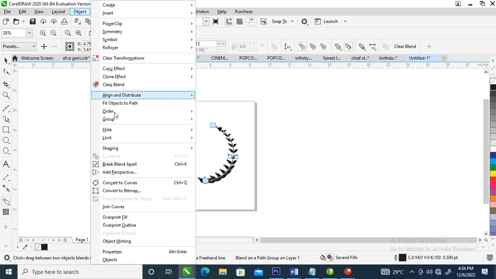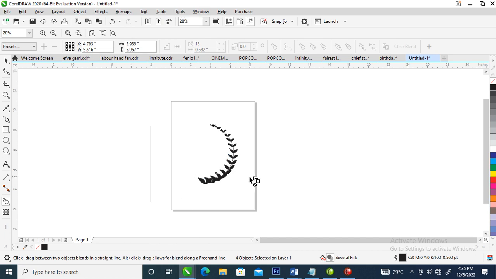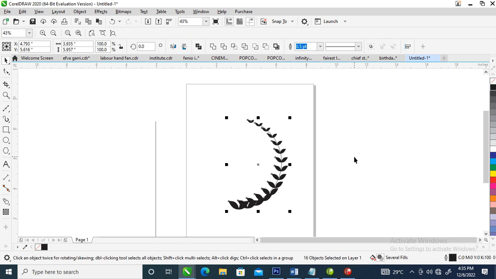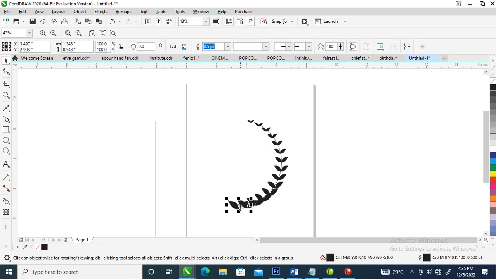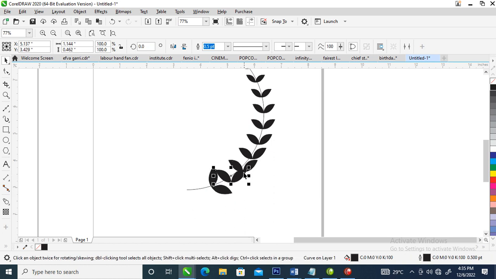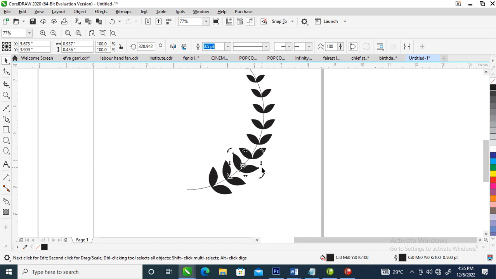So what we're going to do right now is to go over to the object, then you locate break blend apart, so automatically it breaks, then you go over to this place, ungroup all of it, everything. So let's delete the one that we don't want right there. So go over and just adjust this a little bit, just like so. Likewise this as well, slant it a little bit to fit in. Likewise this, slant it a little bit to fit in. Then this,